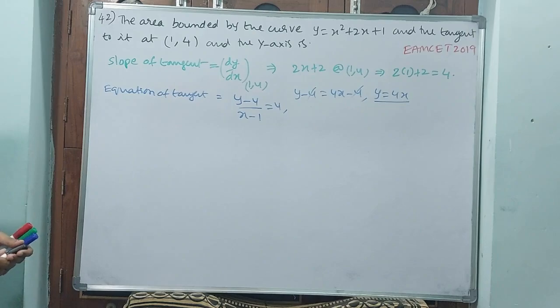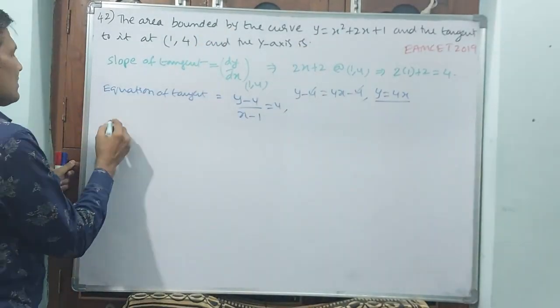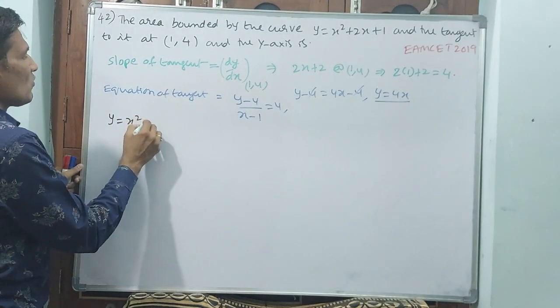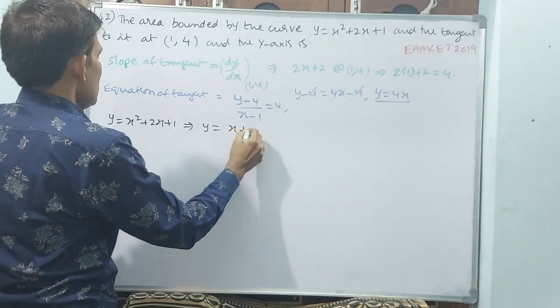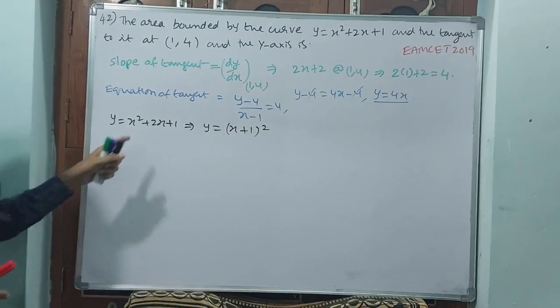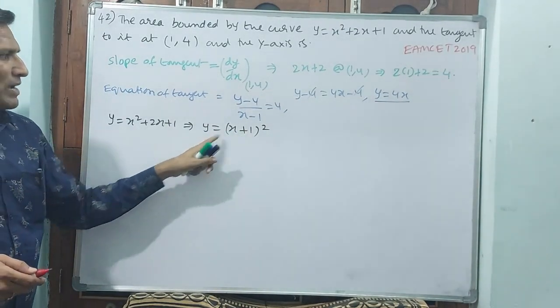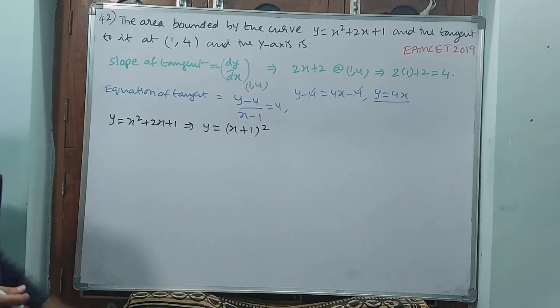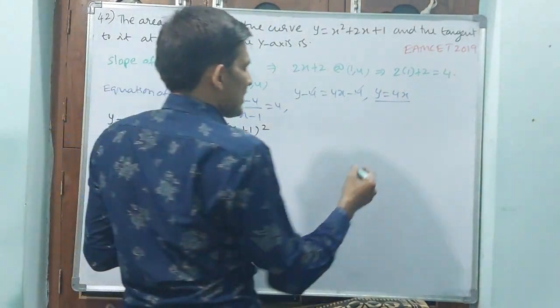Okay, the curve equation also you are having. First let us see the curve equation. What is that equation? y is equal to x square plus 2x plus 1 implies y is equal to x plus 1 whole square. Is it okay? First you see a square plus 2ab plus b square. Okay, see what is it? Forget about 1. y is equal to x square means parabola. y is always positive, x may be positive or negative. Okay, now I am drawing the figure.